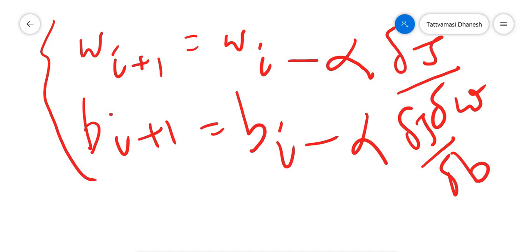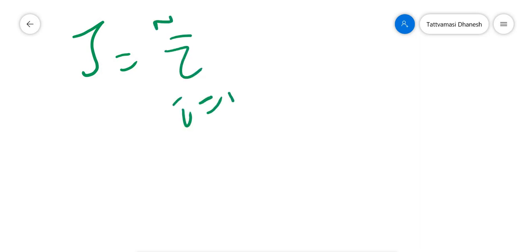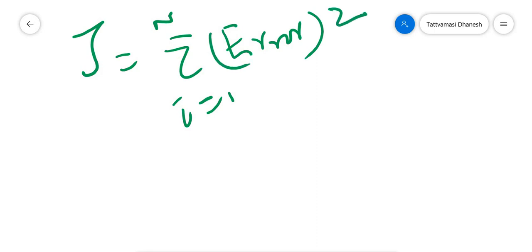Now I am going to find out what is ∂J/∂W and what is ∂J/∂B. So we have our error. I have written previously, J is equal to sigma i equals 1 to n of error squared. This is our cost function. So ∂J/∂W should be,